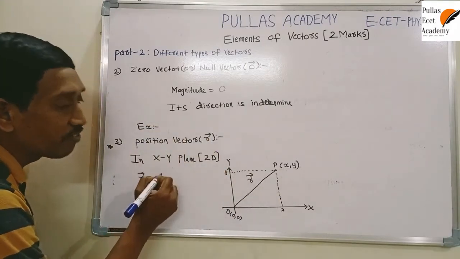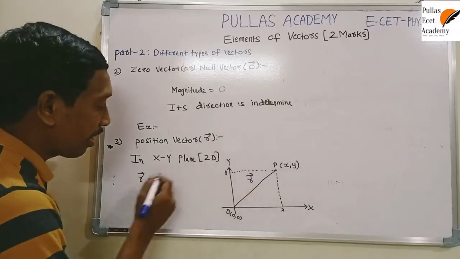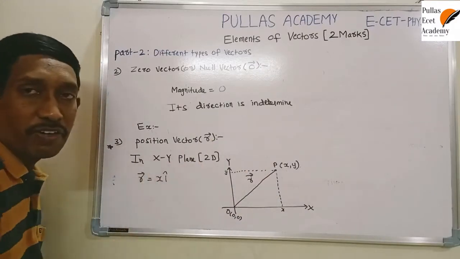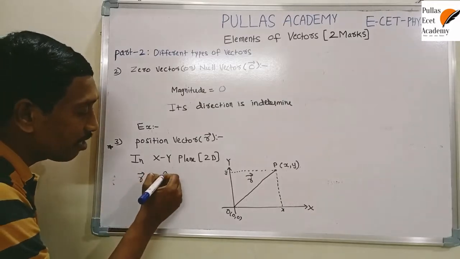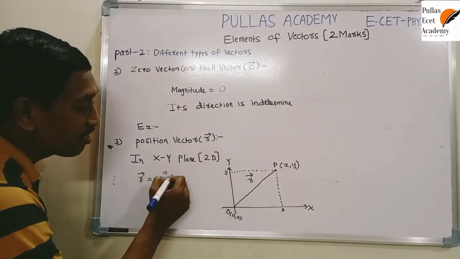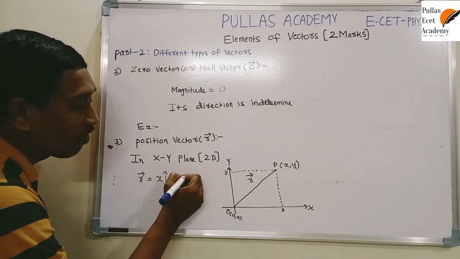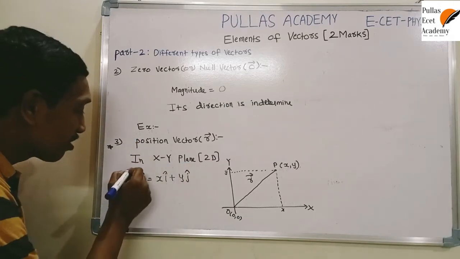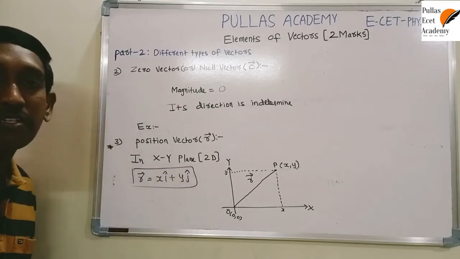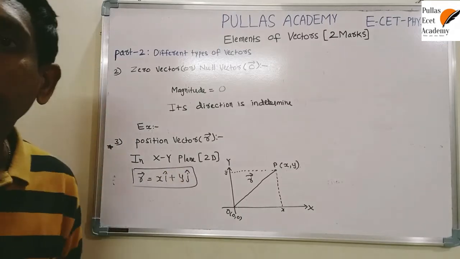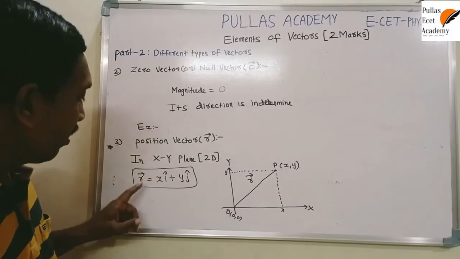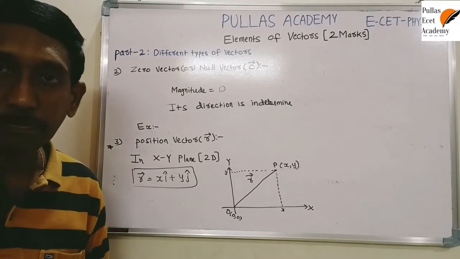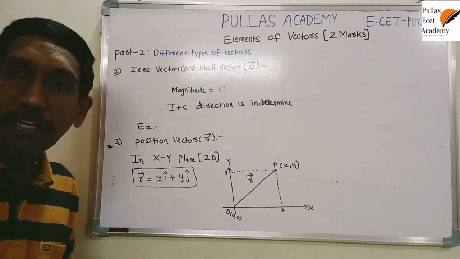That's how to represent this vector. Suppose you want the position vector: along the x-axis the magnitude is x. Along the x-axis, we represent it by using the unit vector, so x into i cap. Next, along the y-axis the magnitude is y, and along the y-axis it is represented by the unit vector j cap. This is a very important expression: r bar equals x i cap plus y j cap is the given vector. Every vector has magnitude.